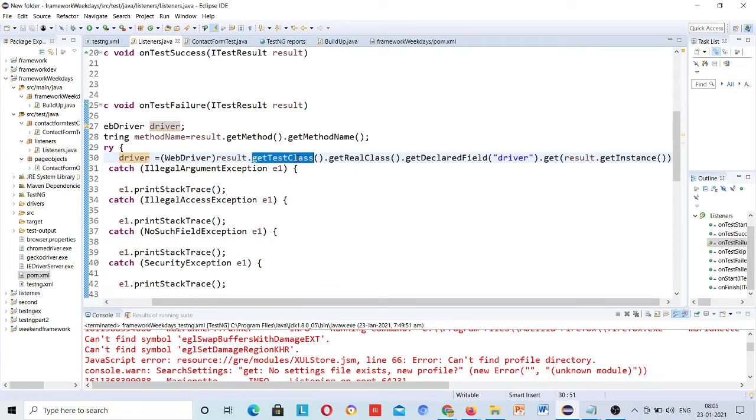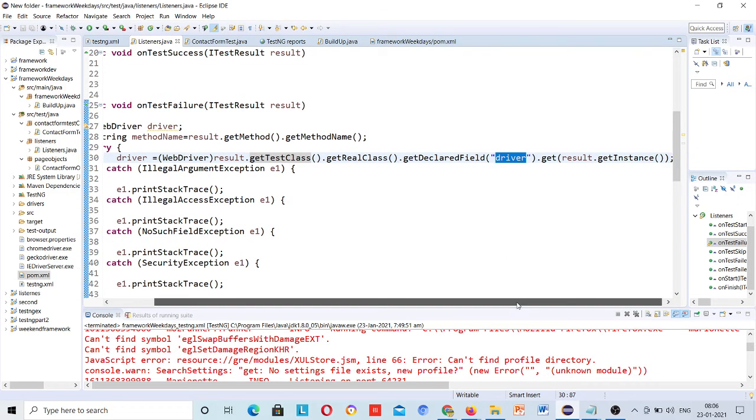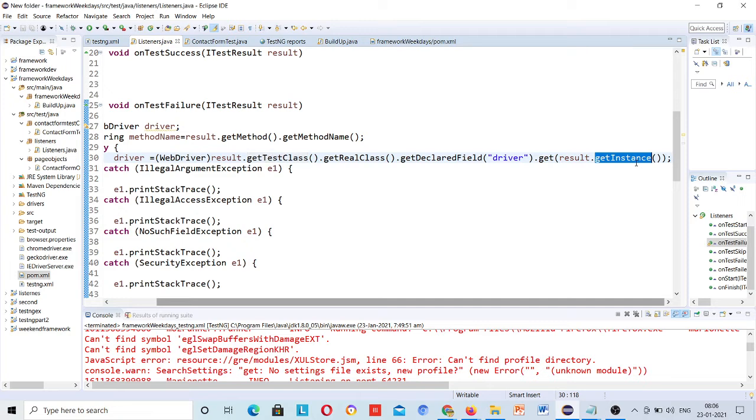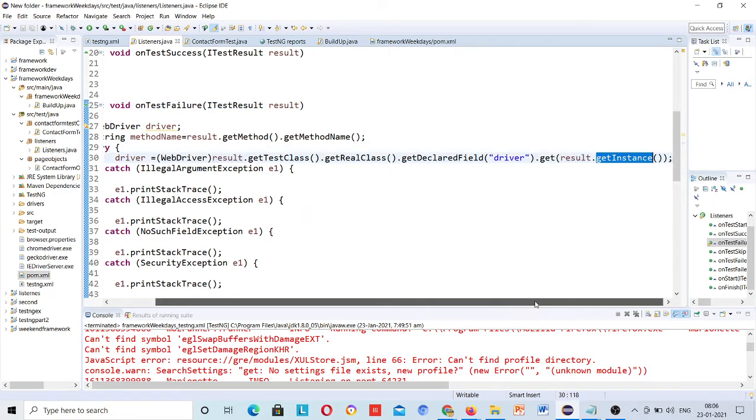Okay, this is for this get test class. And this variable name you have to pass here, might be tomorrow something else, instead of the driver something else you have to cache, and perform some task to that variable. Then this is the code for that. Get instance means whatever is stored in that particular variable, get me that. And this is the result variable, and when it comes to this on test failure method, then this result variable will capture the instance for that globally, throughout the project.